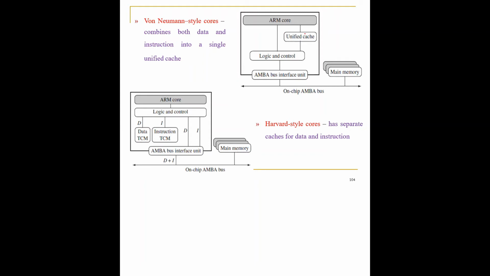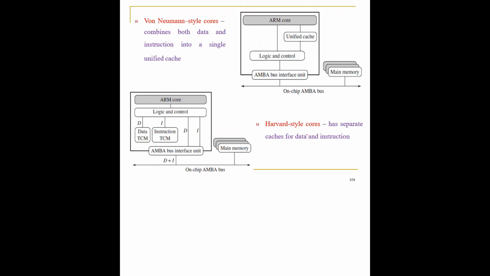So what I'm going to do is place an extra memory in between the main memory and the ARM core, so that the fetching of the instructions or data from the main memory will happen a bit faster, so that your ARM core does not have to wait. In this particular architecture style, you can see there are single buses between the ARM core or the logical controller, and the main memory, which means the data and instructions are carried in the same buses.